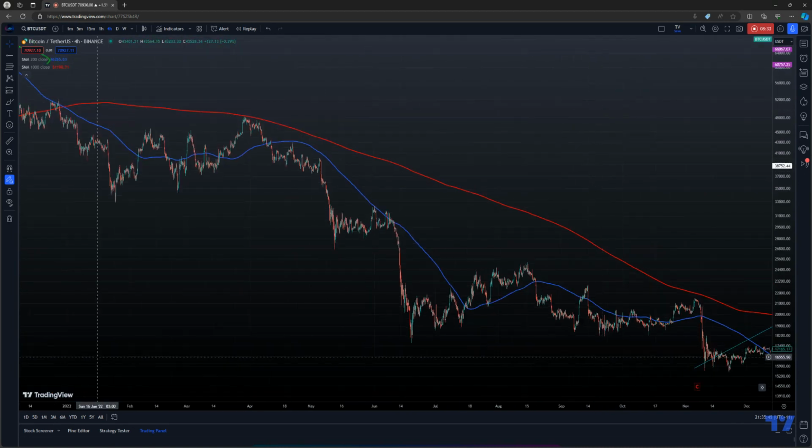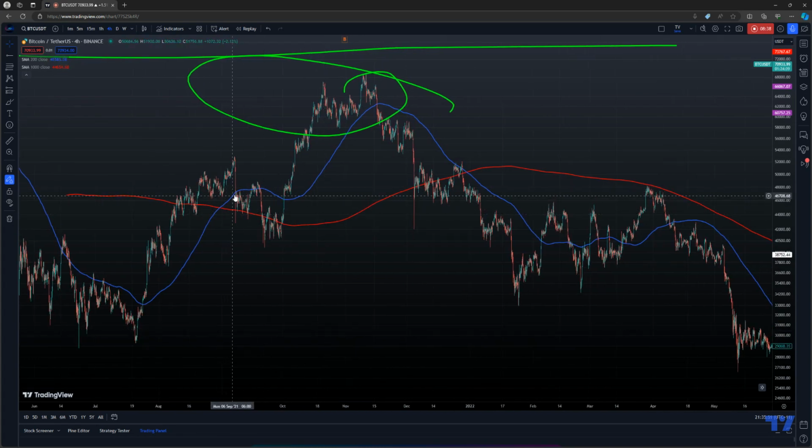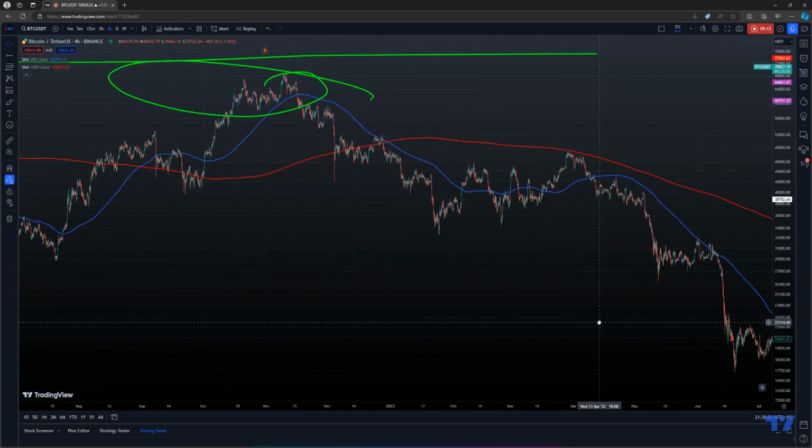If you go back to this area here, what did that look like, right? You had a break of the 200 and the 1000 period moving average, just a straightforward, simple moving average. You went above it. Now, at this point, the 1000 period is just moving to the side, but the 200 is more active. It went up and then came back down and eventually broke it, right? So at this point in time, you're not really going to be paying attention much to this indicator unless you're just completely bullish and you just want to keep going to the moon. But when it does finally turn, it comes back to break it, right?